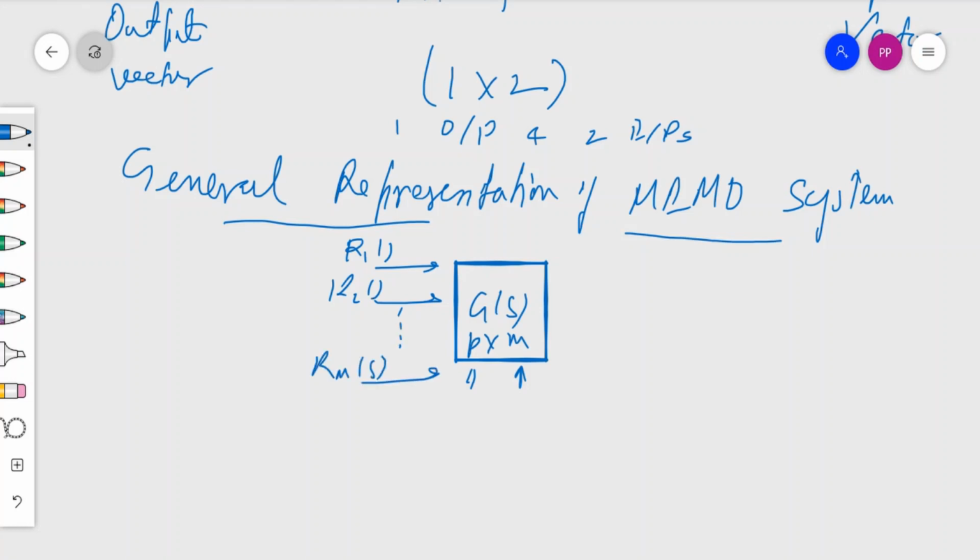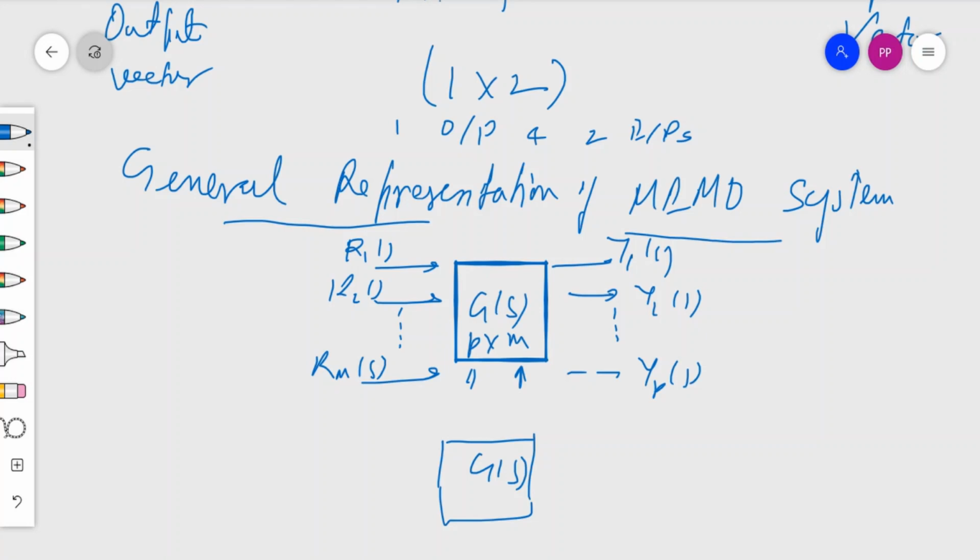So there are M inputs. Similarly, I have Y1s as the one output, Y2s as the other output, and up to YPs as the pth output. So this can be represented as Gs, a P by M system, and this we can represent by a thick arrow,